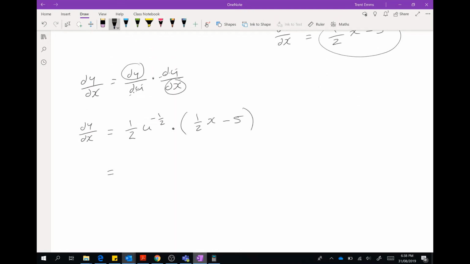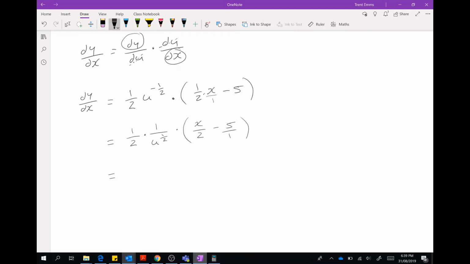So we've got 1 over 2 multiplied by, and u to the power of negative a half is 1 over u to the power of positive a half, multiplied by x over 2, because that's just x over 1 times a half, minus 5 over 1,